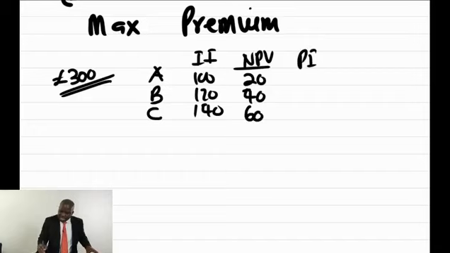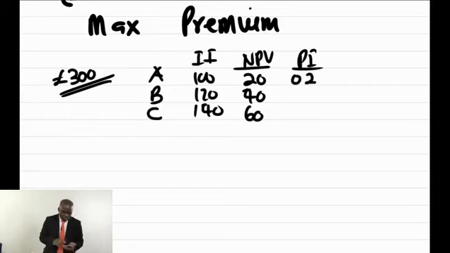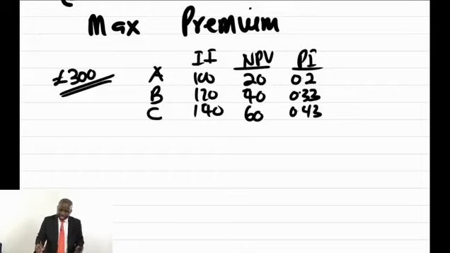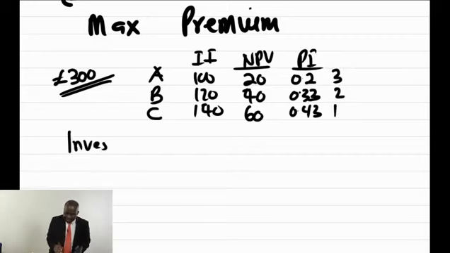What then will be their profitability index? I'm simply assuming these projects are divisible. So this is 0.2, 40 divided by 120 will give me 0.33, and 60 divided by 140 will give me 0.43. So I'll say give the money to C first, second to B, and third to A, like this. So if I'm preparing my investment plan,